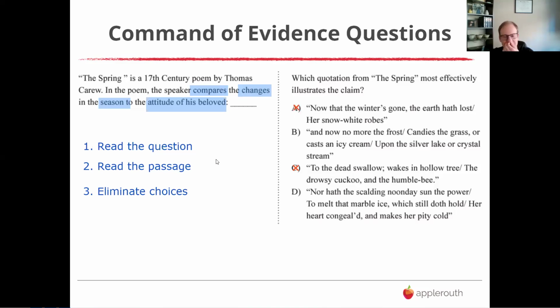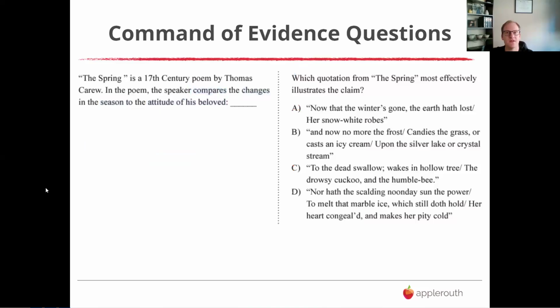And so then going to be B versus D, right? And so like probably D only because it's talking about the sun, scalding noonday sun, so heat, and then ice. And then her heart and pity sounds like a person more than A did. But I would not expect many of my students to get this right. I would expect us to mark it for review, right? We hit that little button up top and then come back if we have time later. If not, you just pick an answer, you move on. But in this case, I do think D is the one they want us to pick.